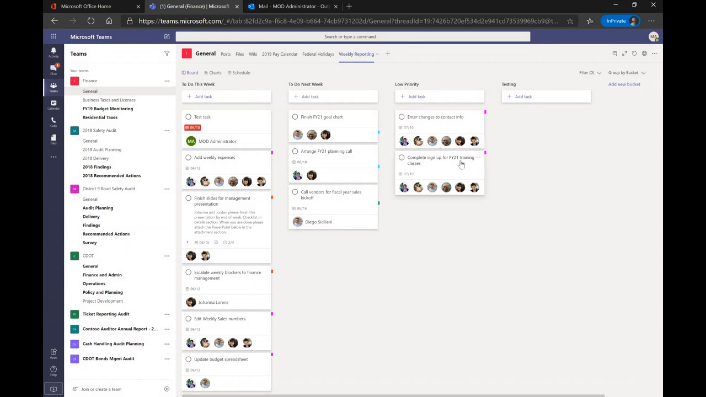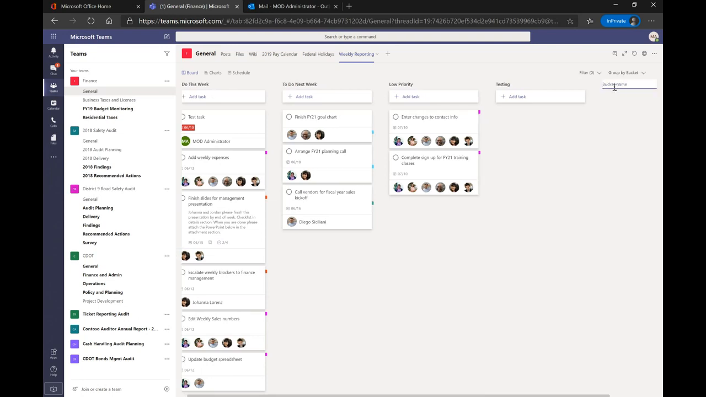All right. So now, and let me minimize this really quickly. Now what we'll see in here is the plan itself. At the top, we have what we call buckets. So you can see add new bucket over here on the right-hand side. Darby and I have named these to do this week, to do next week, low priority, and then this is a testing one. So if you want to add a new bucket, you simply go right here, click on it,